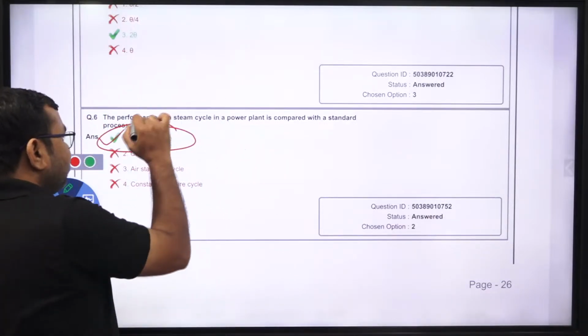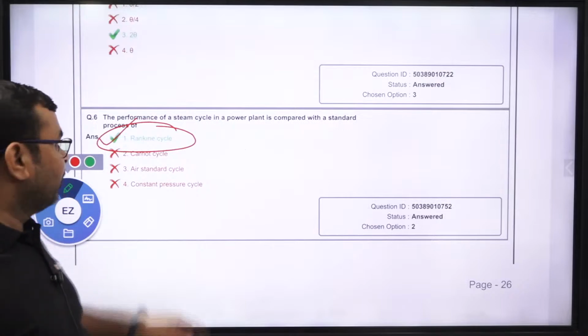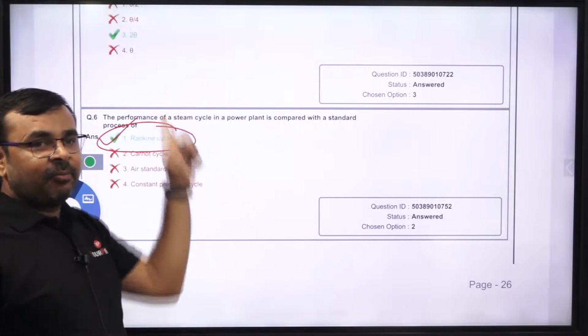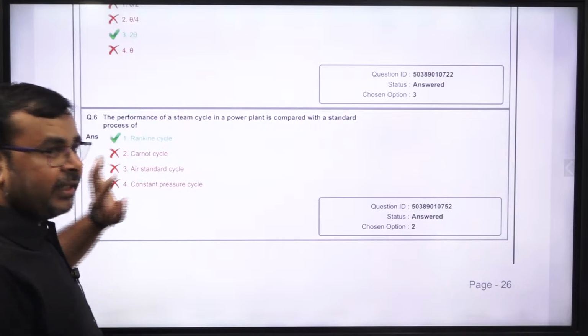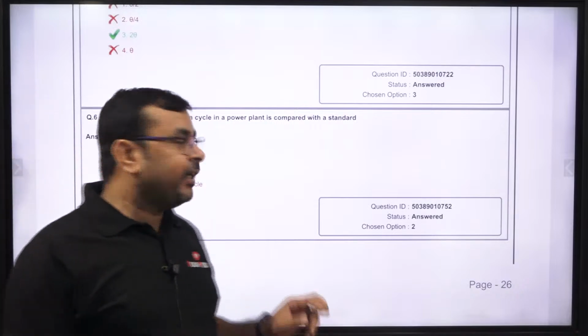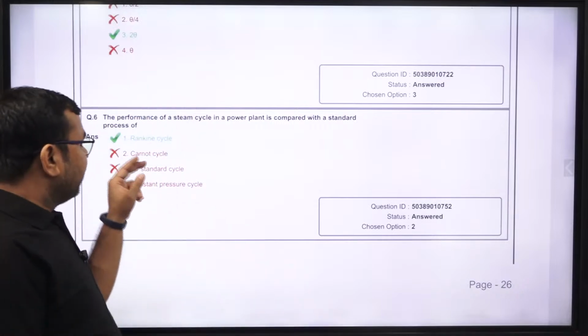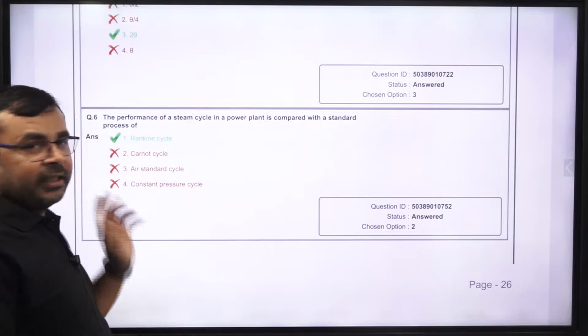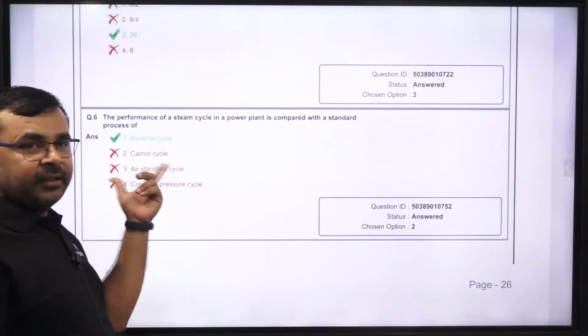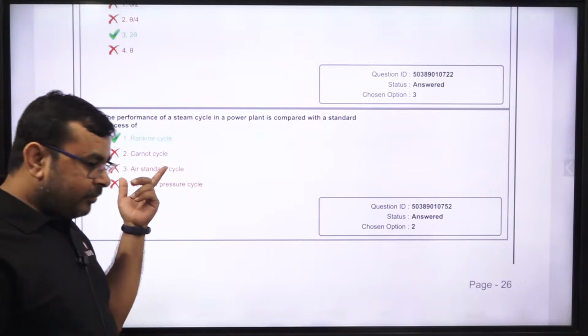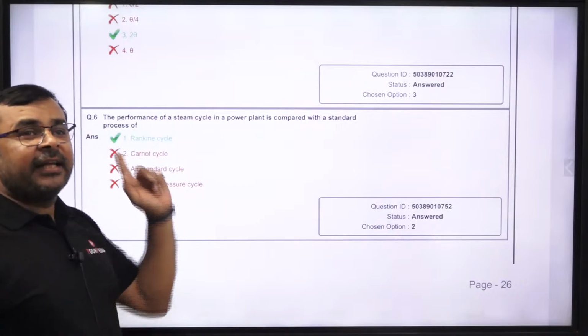So for the reference we always use the Rankine cycle. This is the actual cycle on which the power plant works. The Carnot cycle is not the correct answer. This is a theoretical cycle; none of the systems can work on the Carnot cycle. Is it clear? And the air standard cycle, on this cycle,